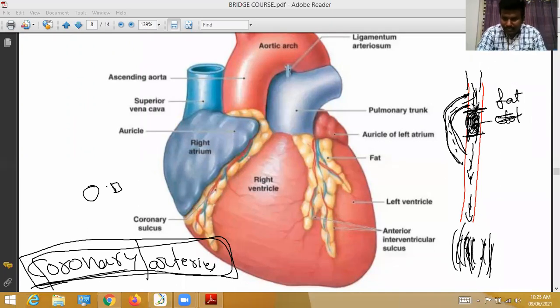So instead of this side, here they will fix one blood vessel and stitch it, and again stitch it here to this blood vessel. Then the blood travels instead of this side, it passes in this direction and is supplied to all the heart walls. Okay, so that's all. That is the explanation about coronary arteries. Coronary, you should not split. Coronary arteries are large blood vessels which supply oxygenated blood to the heart walls.